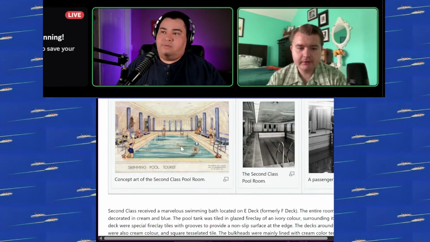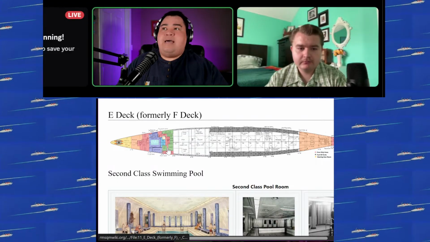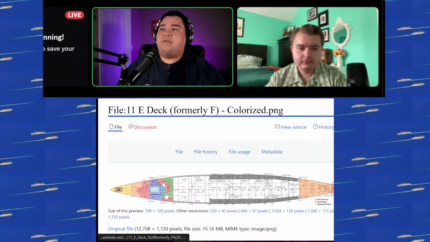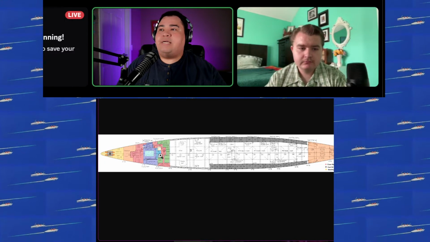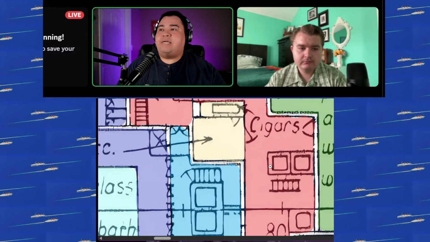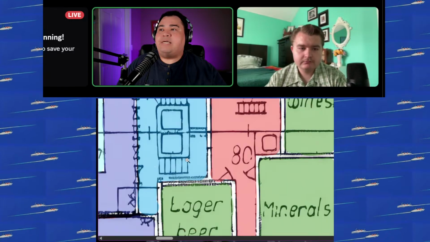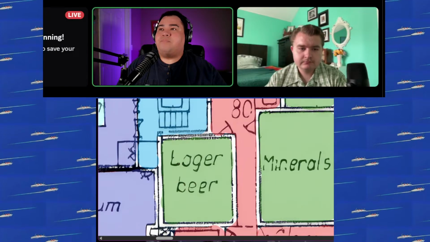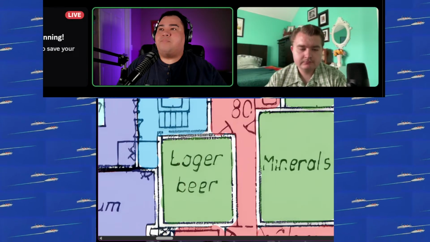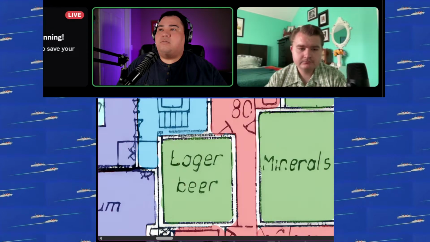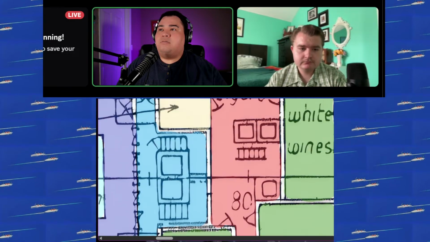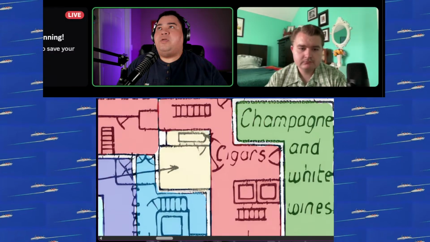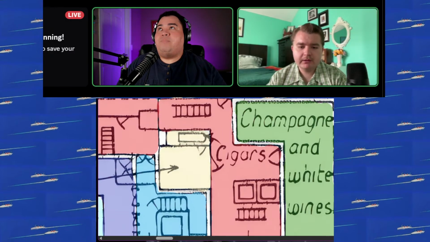Yeah, the freezers. If I click on this color coded deck plan and zoom in, that's too far. I guess that's the best I can do. You can see there's rooms for lager beer and minerals, water or spirits. Well, champagne, mineral and white wines.